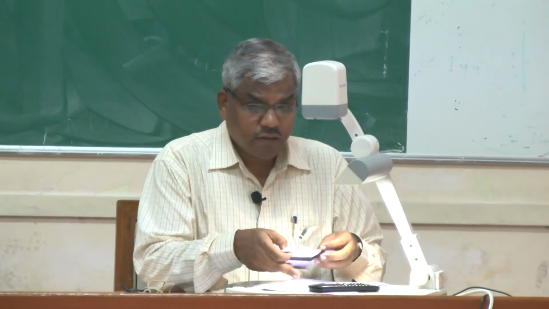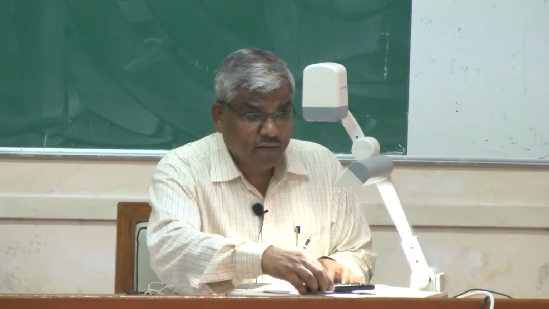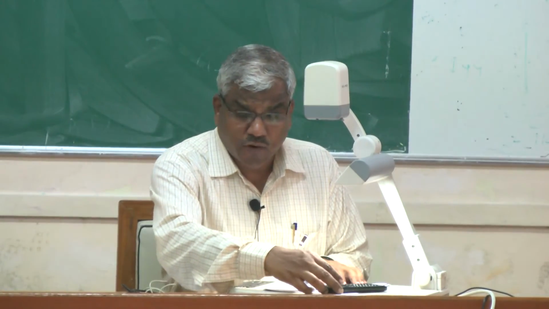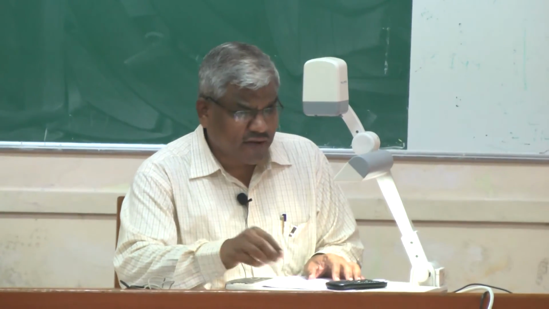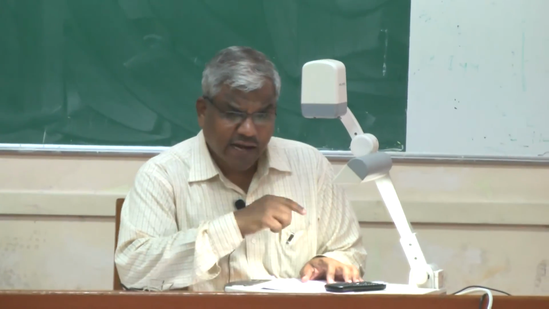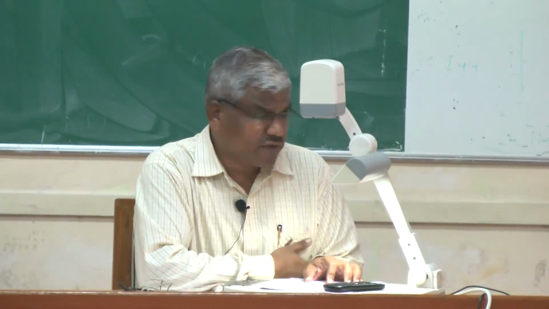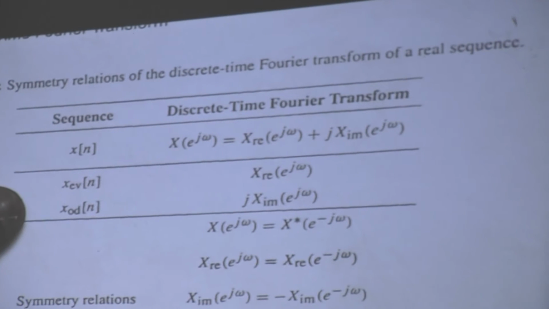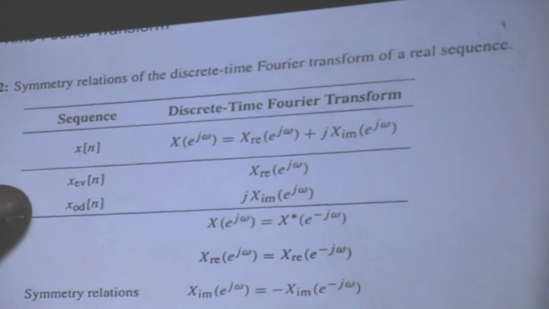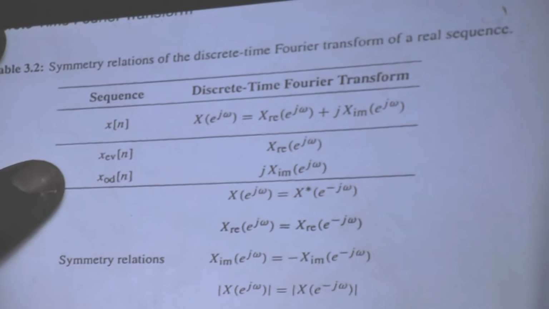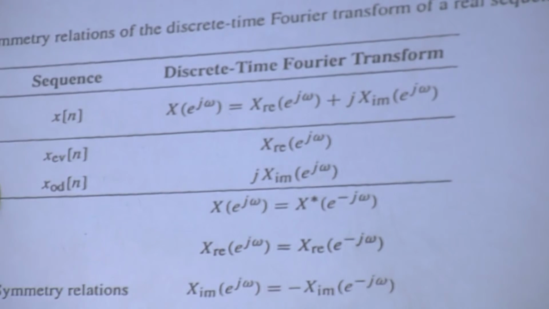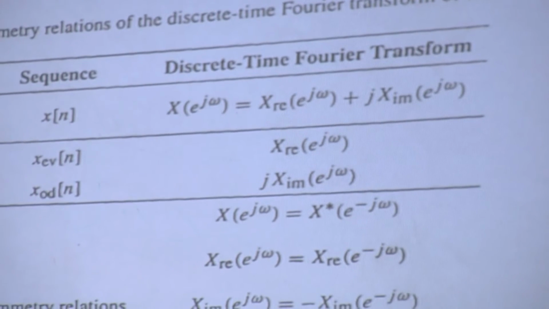We will also see some properties that we did not see at the time of the continuous Fourier transform, but these properties also hold good for the continuous Fourier transform. We have seen them in some form but let us write down these properties as well. I will explain these properties to you now. The first sequence is x[n]. x[n] could be real or complex. x[n] could be a real sequence, x[n] could be a complex sequence.